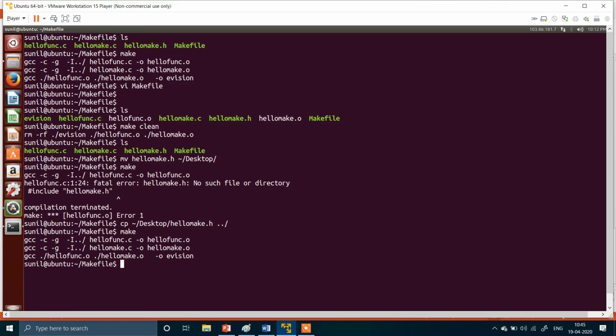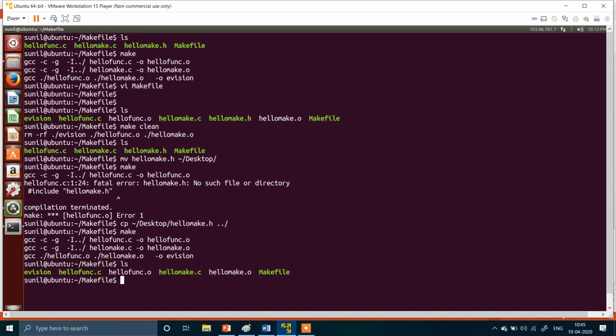then the makefile will link the header file which is located one directory back. That means if you have a big project, and your sources and headers are located in different locations, rather than copying all the C files and header files into the root directory, you can specify the path of your C code and the header files. So the makefile directly links the C code and header files during the compilation.